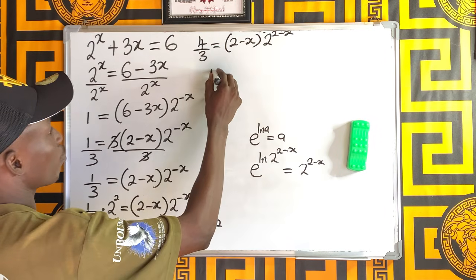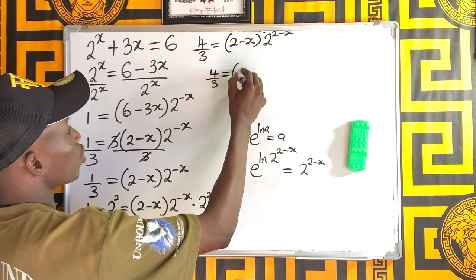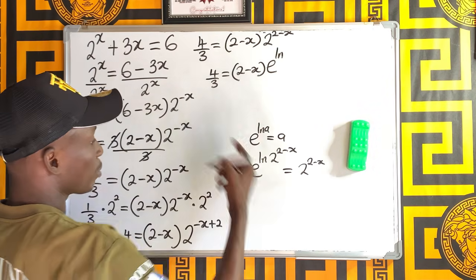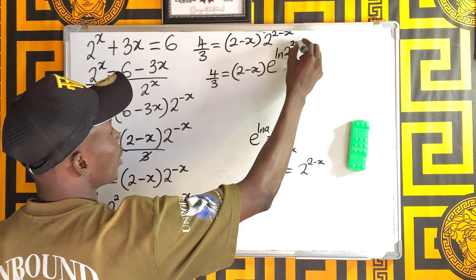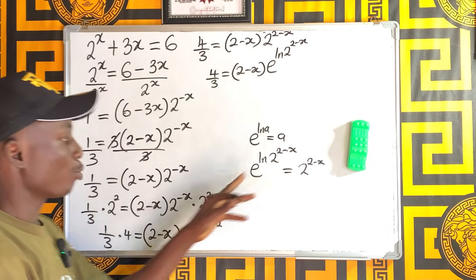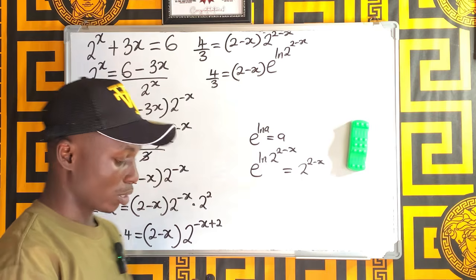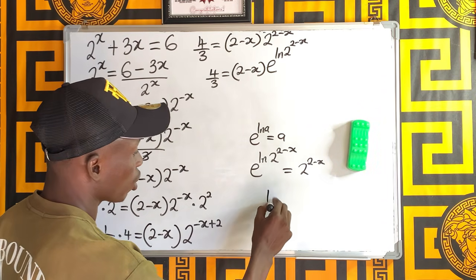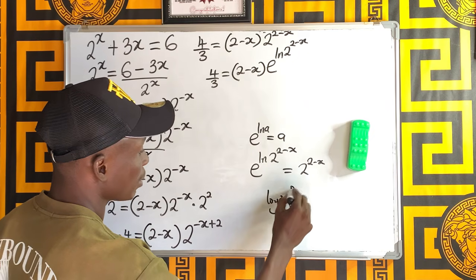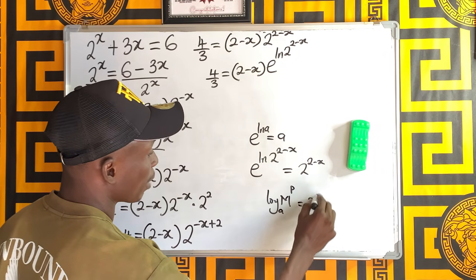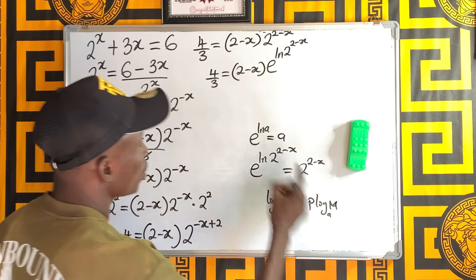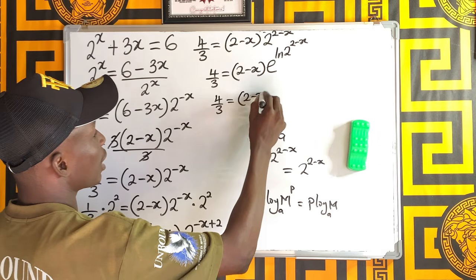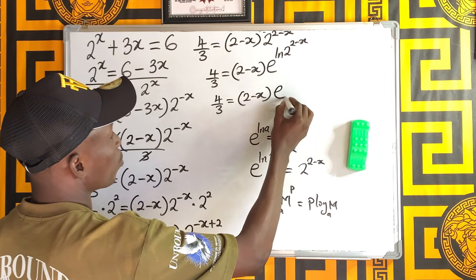That means 4 divided by 3 is equal to 2 minus x, then multiplied by e raised to ln, or natural logarithm, of 2 raised to 2 minus x. There's nothing changed because we are obeying the properties of logarithm. Now at this point, we know that log of m raised to the power of p base a is equal to p multiplied by log of m base a. So that means here, 4 divided by 3 is equal to 2 minus x, then multiplied by e raised to the power